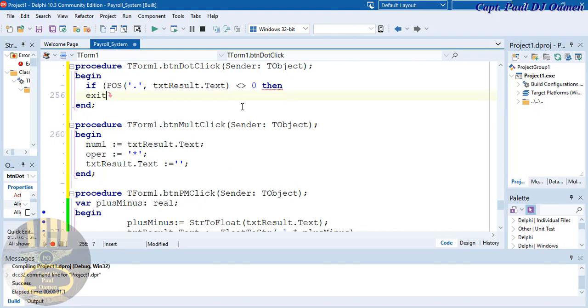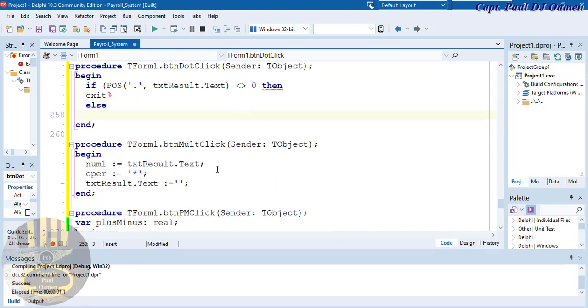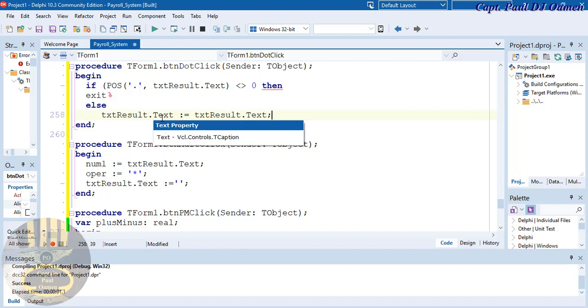Else txt result equals txt result. So come right down here, paste that right here, equals txt result